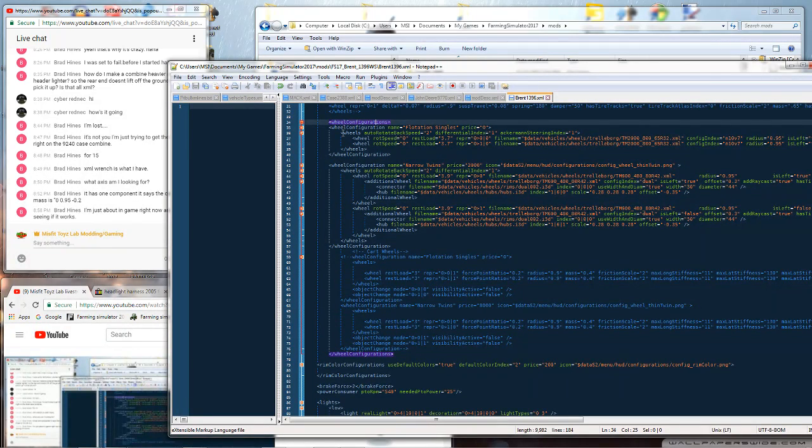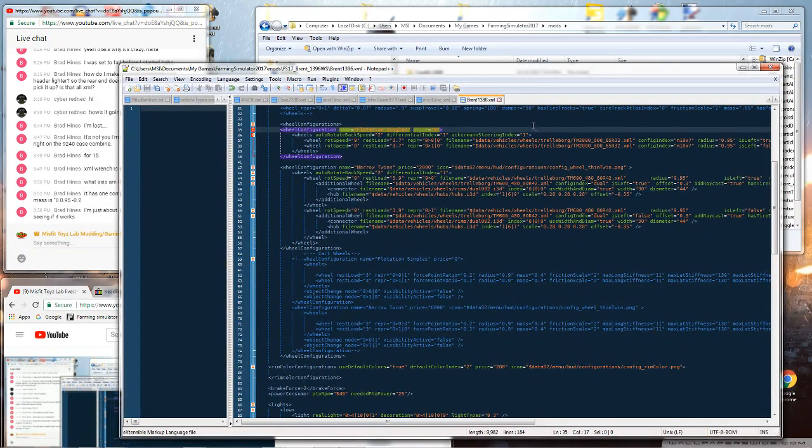And because you give it a store option to purchase, this is the Brent cart with wheel configuration. The name of this particular wheel configuration is flotation singles. Price, nothing, because this is the default. This is what you get when you buy this cart. And then it has basically the same lines that a wheel would normally have as far as the